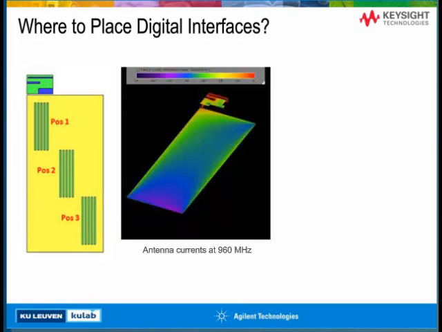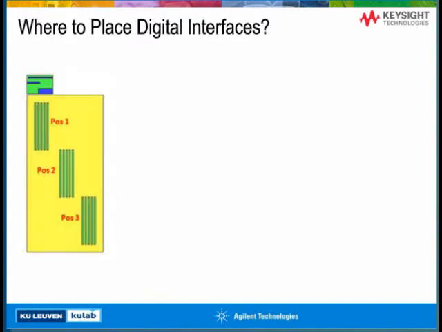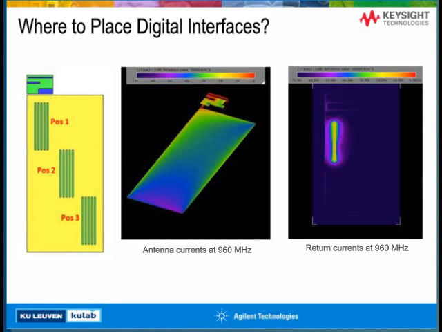Now, this way of thinking is a little bit misleading, and you will immediately see why if you just look at the antenna currents that are induced by the onboard antenna in the ground planes. They are shown here in the picture in the middle for 960 megahertz, which is the first resonance frequency of the antenna. What you see here is that also in position 3, at the bottom right corner of the PCB, quite some currents are being induced, which also means that there can be quite high coupling to that position. If you look at the return currents of the traces, in this case, with the full ground plane, they behave like we expect.